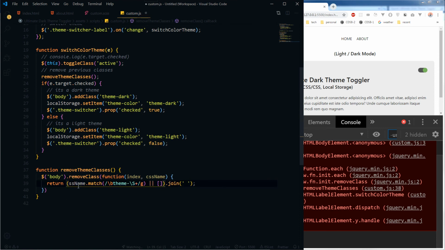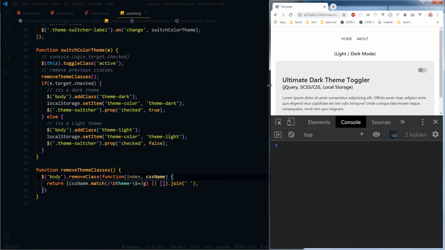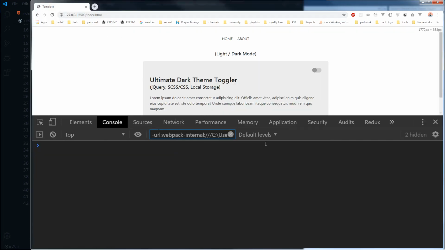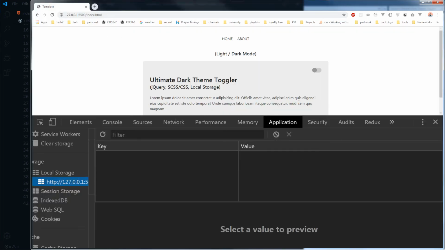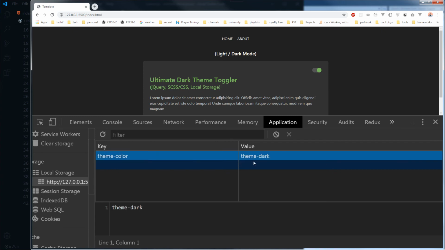This was our variable, css name. Okay, so when I click here, theme cover is key and theme dark value has been added to local storage,